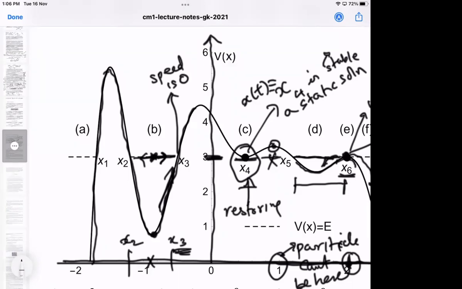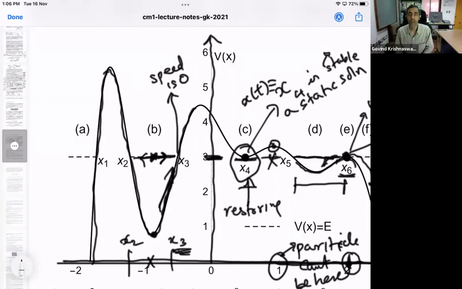It will come back down again. Yeah, it's going to turn around. Okay, I mean, we are just giving intuition here. We're not writing equations. One can write the equation and solve it, but I want us to have the physical intuition, at least at this stage. The particle, and that is called a turning point.